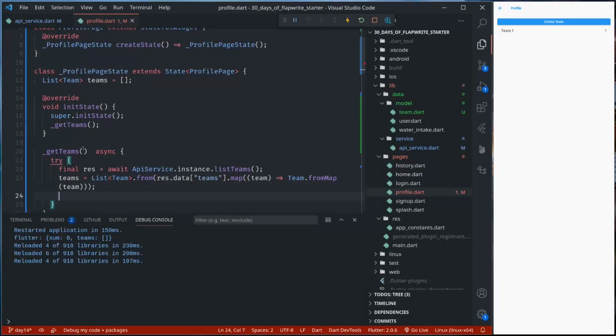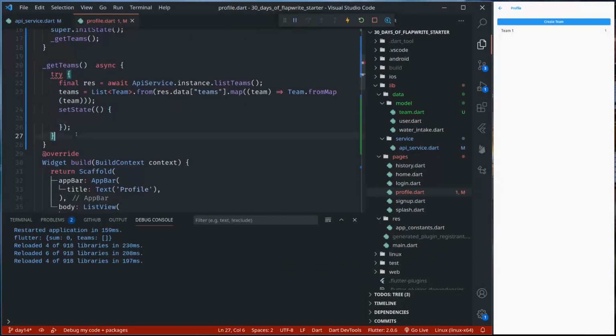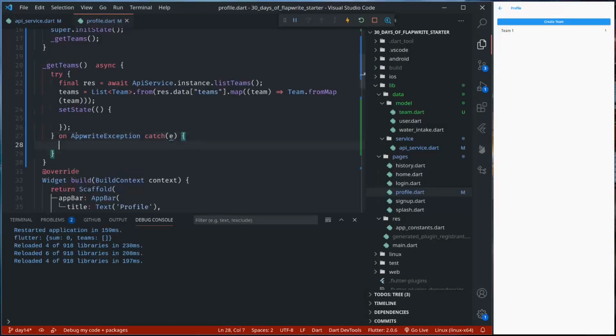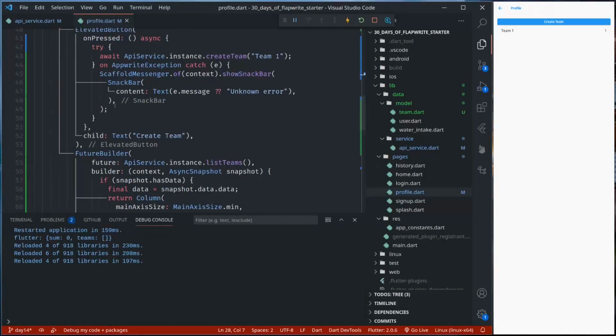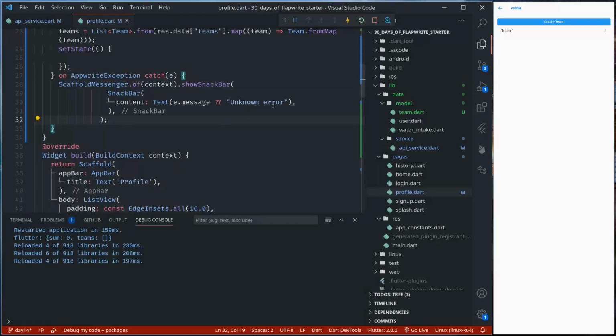Okay, and finally call set state, and here Appwrite exception catch e. I can just take this, unknown error